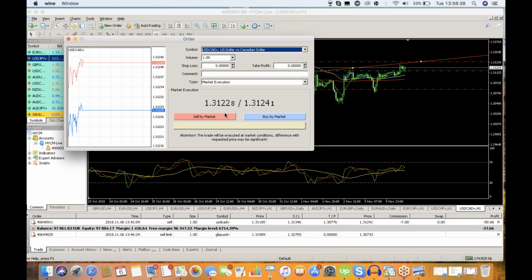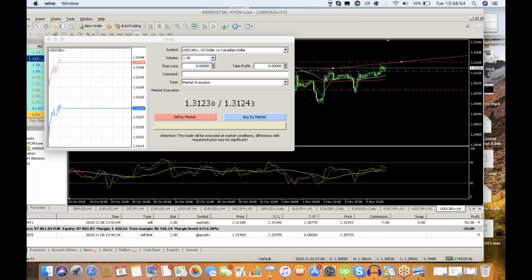Okay, so if you're selling the market, you would press sell. If you're buying, you would press buy. Now, the ideal for this situation is that you enter a stop loss as you enter the market. So for example, let's say we wanted to trade here, and for the sake of argument, we're entering a trade here. We will put our stop at